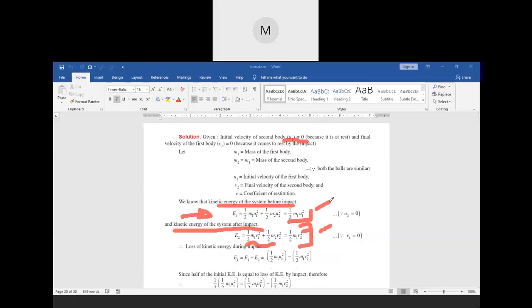Now, in the previous classes, we discussed loss of kinetic energy due to impact. So what is that thing actually? Loss of kinetic energy due to impact means,